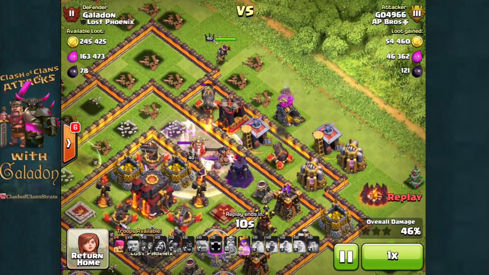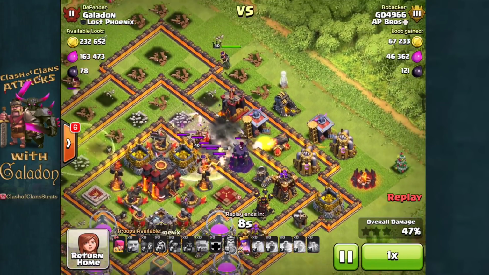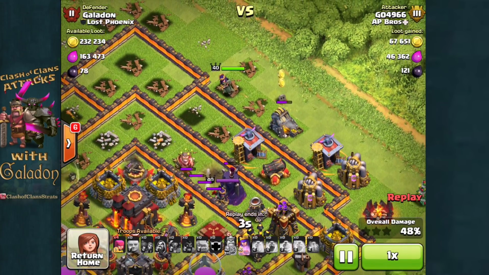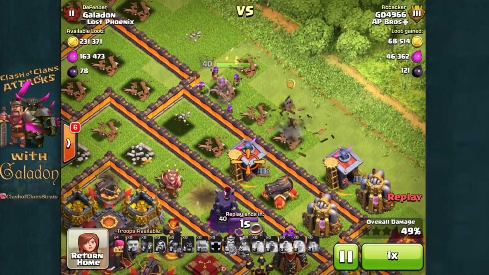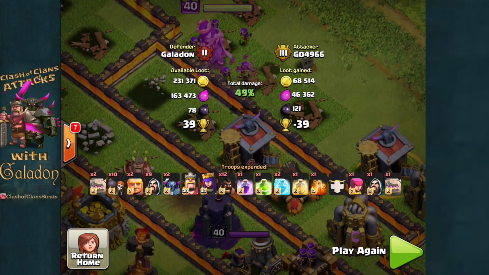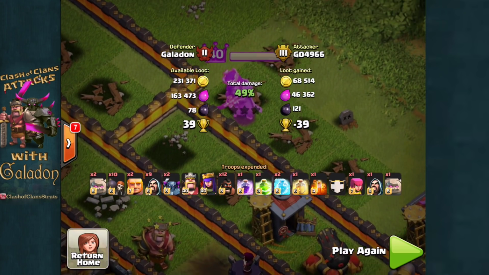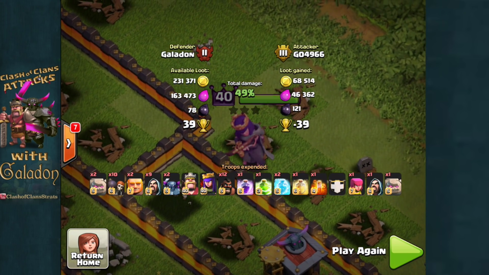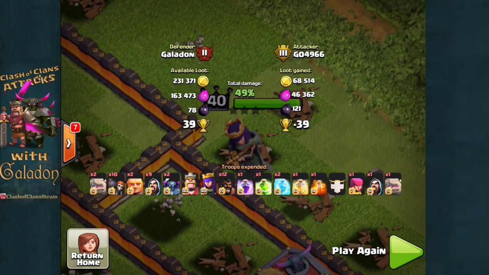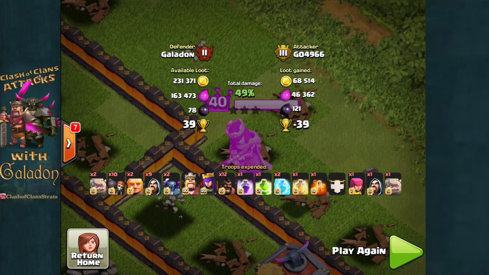So watch closely, 46%, the Queen still with plenty of health, 47, and this is where it gets strange. Watch closely, here goes the gold mine, the Royal Cloak, the barracks doesn't fall. He ends the attack a split second before the Queen takes that barracks down. I win 39 trophies, and this attacker, I'm guessing, when I first watched this, I thought maybe he was farming